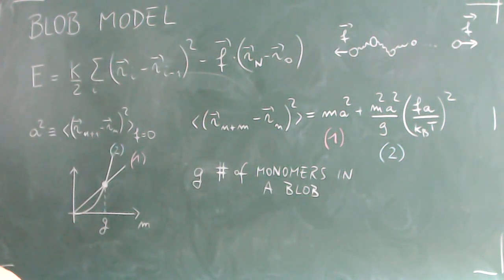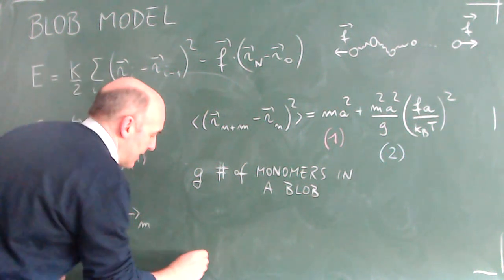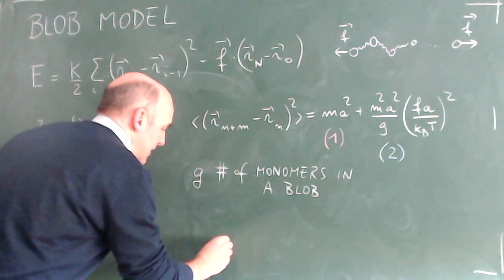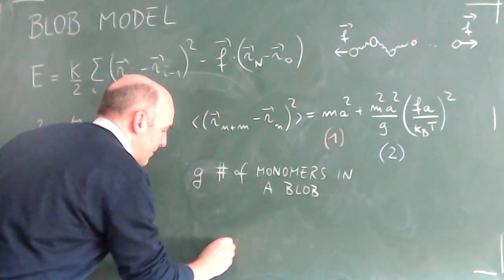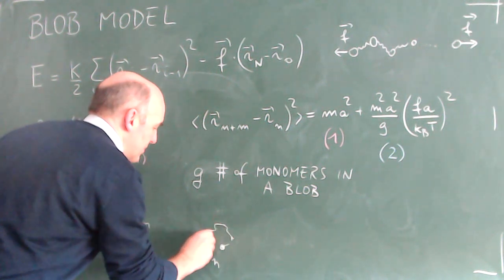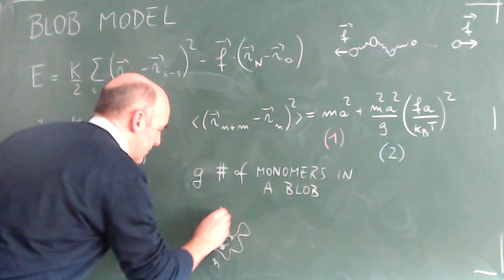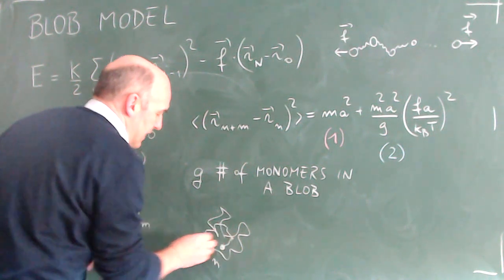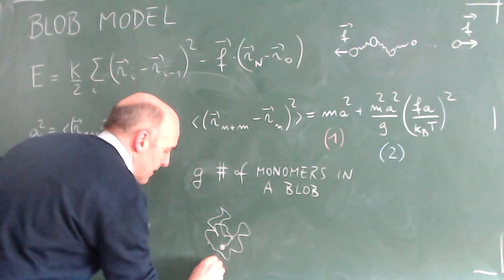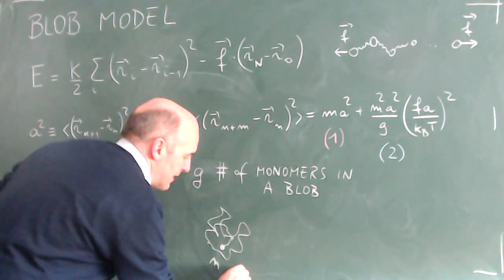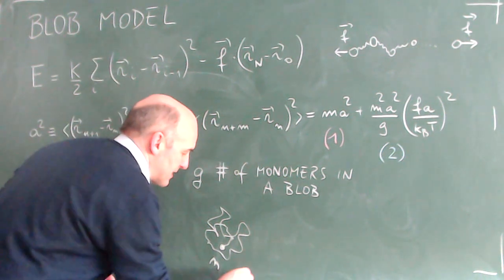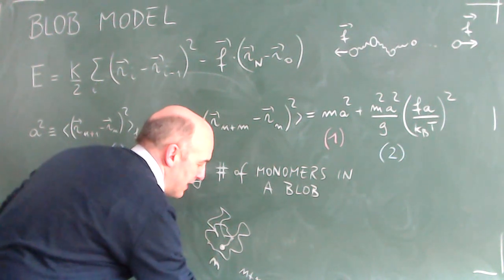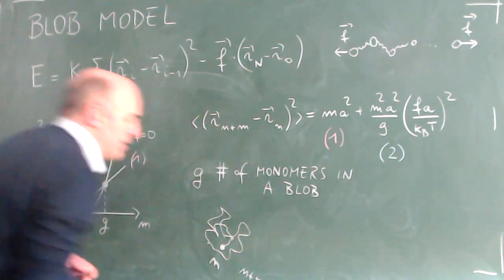Okay, so which means if I start from monomer N, so I have my polymer here, and I look at the distribution of the neighboring monomers, I go to monomer N plus 1, N plus 2, N plus 3, it will be a random walk like that, as we know. If I start from monomer N and stay within a range such that I look at the next M, but this range is much smaller than N plus G,